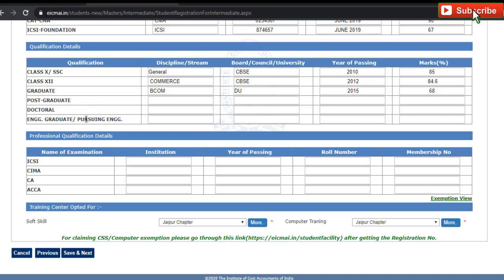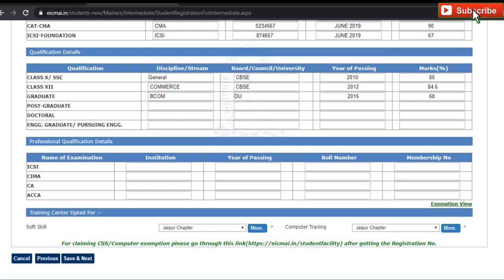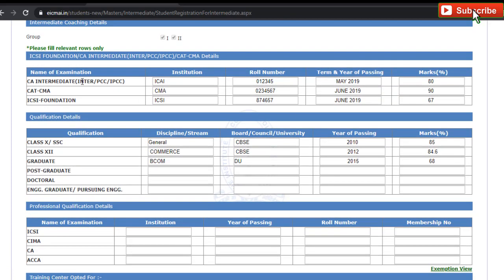And you may also mention your appropriate qualification details in which you are fitting. And if you are a CS completed, CIMA London completed, CA completed or ACCA completed, then you have to fill in your details here: institution name, year of passing, roll number, membership number. So there may be some details which are applicable to you.